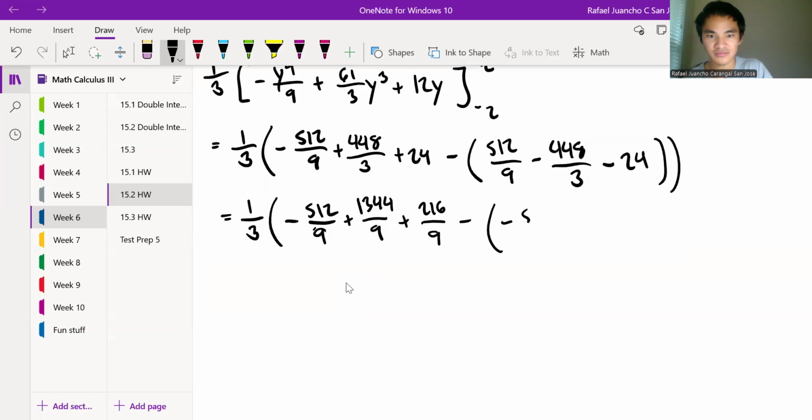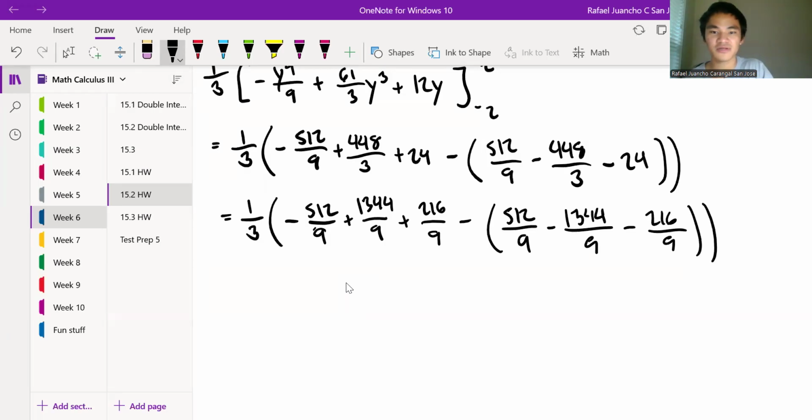And I keep going here. This gives me 512 over 9, minus 1344. So here I just copy numbers. Here I get some value. So here I get 512 plus 1344 plus 216. This gives me 1048 over 9. And this is minus,